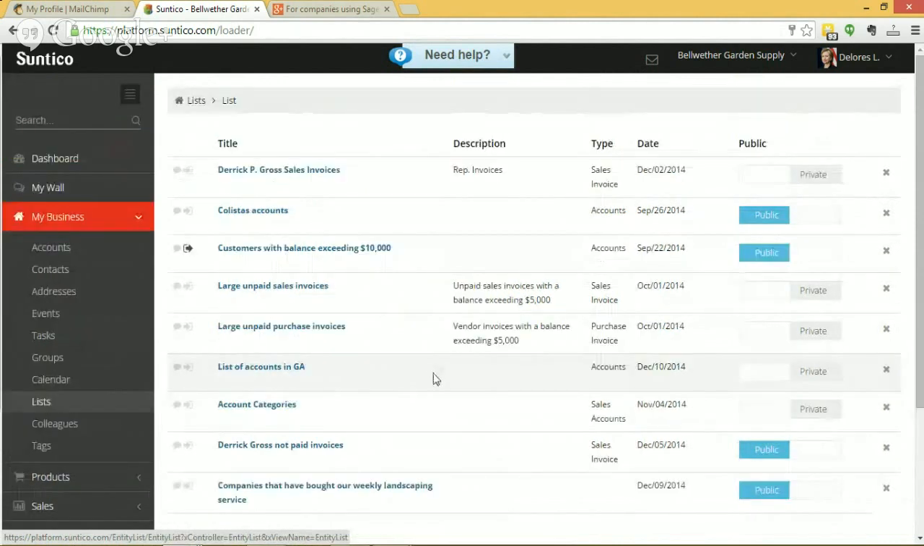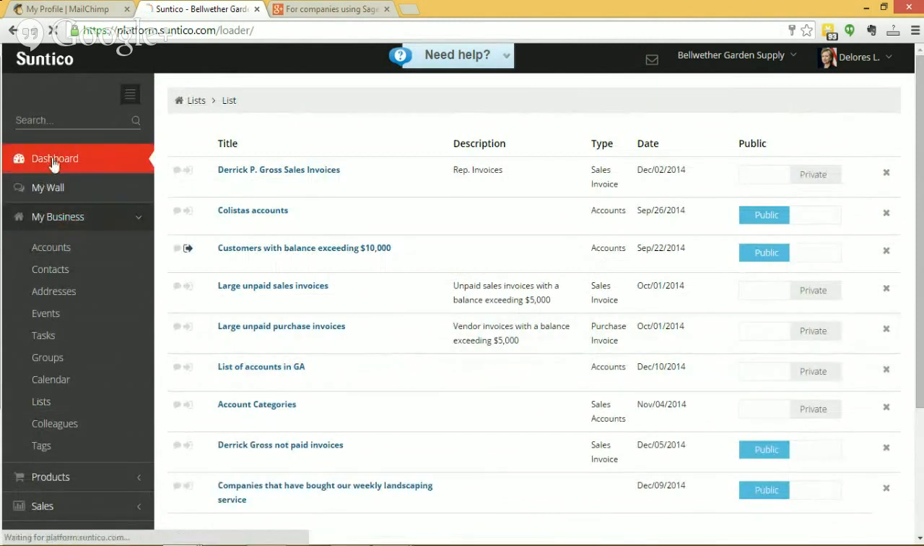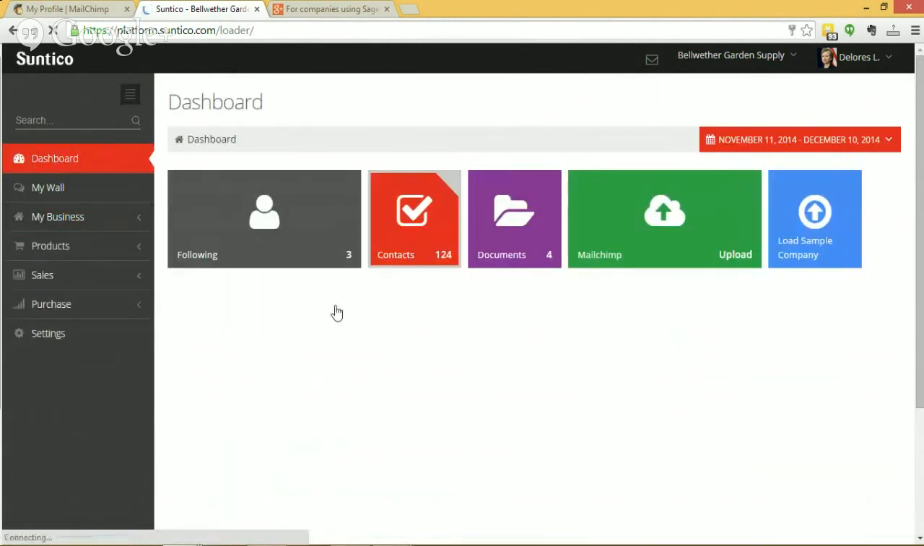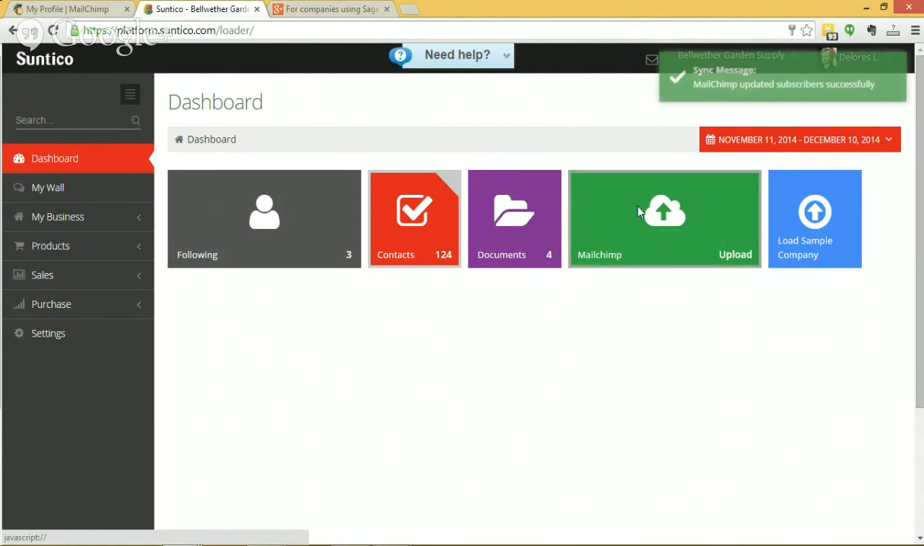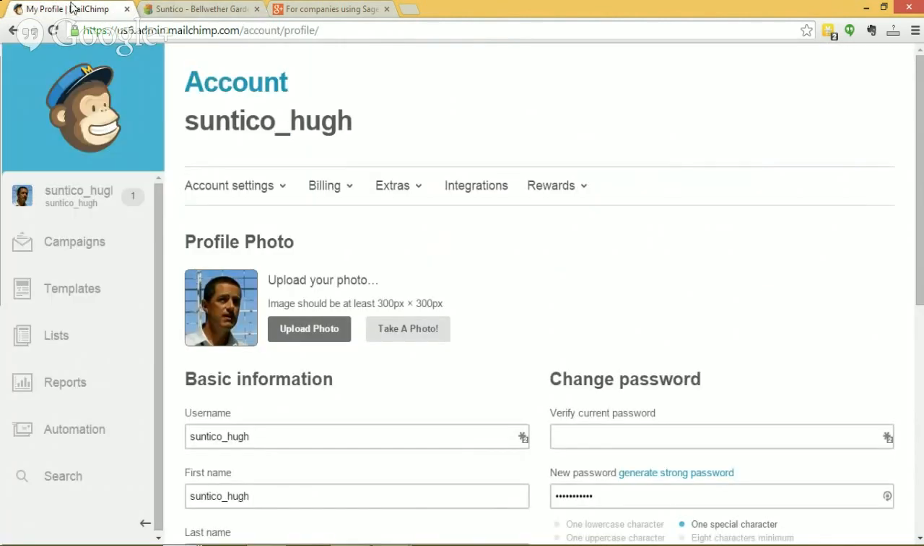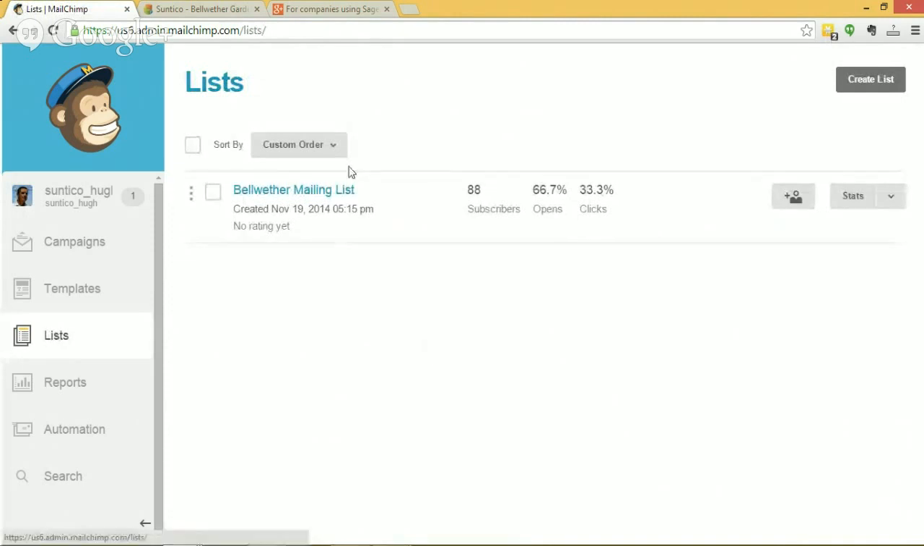And with these lists, what I can do is push those out as segments into Suntico. If I take a quick look at what I've achieved in terms of the integration with Suntico, all I have to do to refresh my Mailchimp list is hit this green button here, which says sync to Mailchimp. And that just pushes the latest contact information up into Mailchimp. If I flick over to Mailchimp and look at my list, I've got my Bellwether